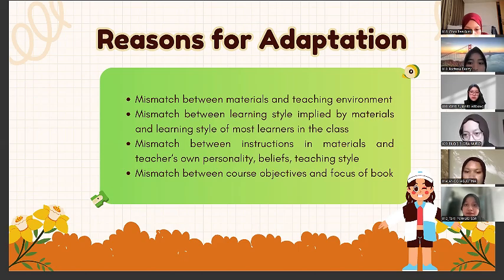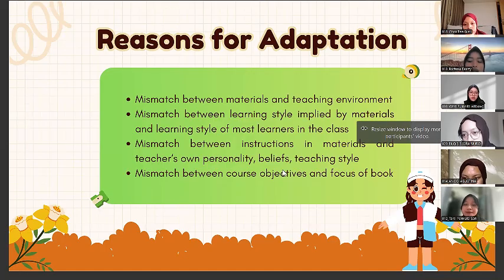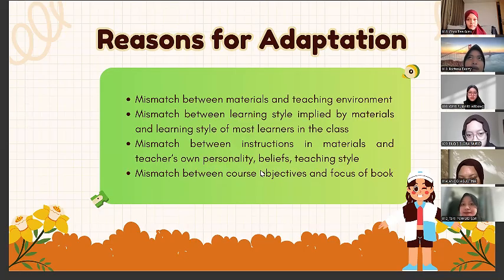The third is mismatch between instruction in materials and teacher personality, beliefs, and teaching style. Every teacher also has their own teaching style and beliefs. If the book gives instruction too much on speaking or reading and the teacher feels that it is unnatural, the teacher is allowed to adapt the materials to the teacher's style